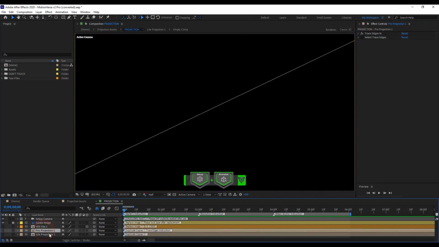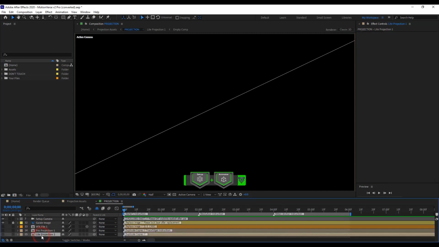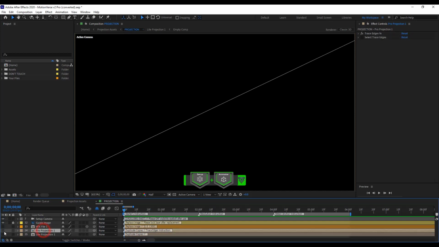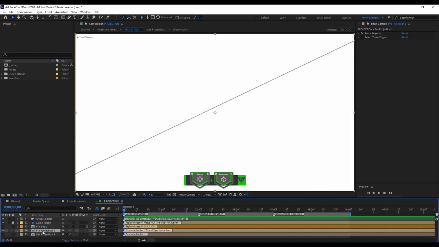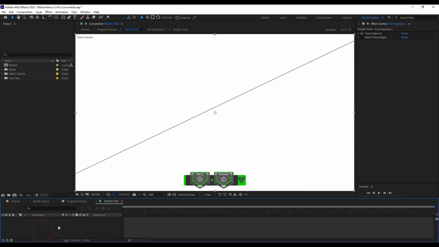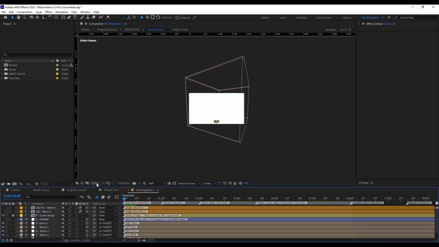And for this tutorial, we're going to use Pro projection. The difference is, with the Pro, you can model. With the Lite, you can't. So Pro here, I'm going to enable that. I'm going to double click to open it. And now we're going to